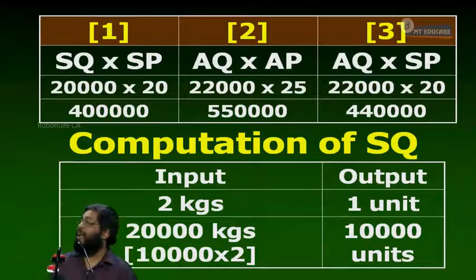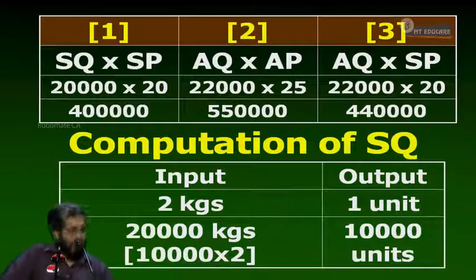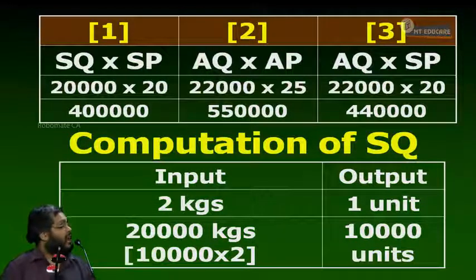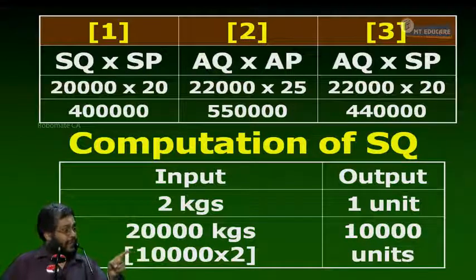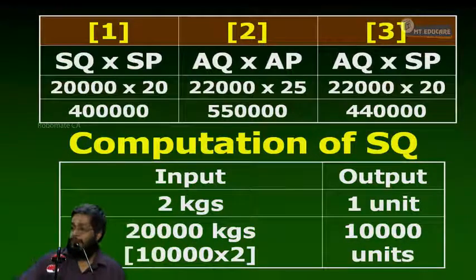You are asked to purchase how many kgs? 22,000. I gave you work for 22,000 kgs or not? When I gave you the work for 22,000 kg, you should have purchased all 22,000 kg. How much rupees? 20. You paid how much? 25. The 5 rupees extra you paid for all the quantity purchase, that is also your work only. You cannot escape it. Are you following what I am saying?